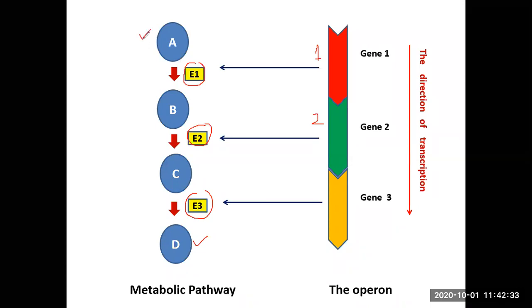Suppose metabolite A appears in the medium and the bacterium wants to utilize it for providing energy; it should be able to do so very quickly. And this is the kind of arrangement that they have. Those genes are clubbed and will be transcribed in sequence. The mRNA will be translated, and those enzymes will start appearing in that particular order. They catalyze the reactions in a given metabolic pathway so that it can utilize metabolite A quickly for fulfilling its energy requirements. So this is the kind of arrangement the bacterial genome has.